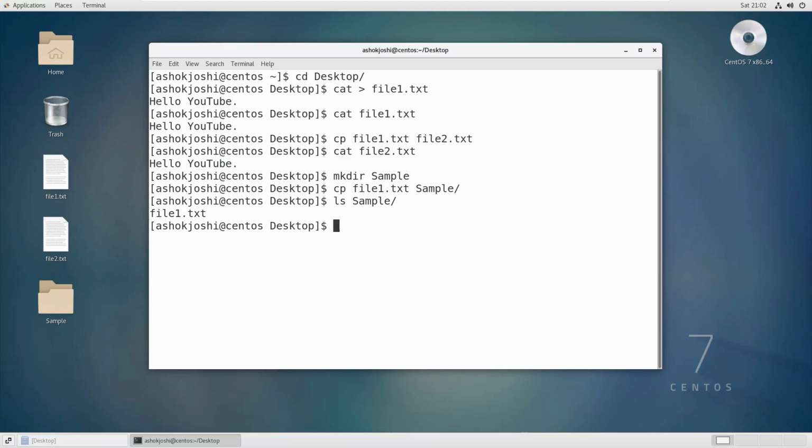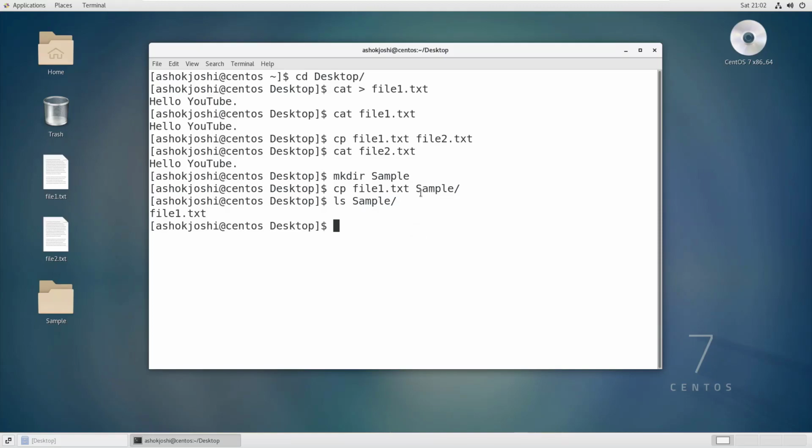Now let me show you the -i option, which stands for interactive copying. Let me show you how you can copy interactively. Basically, in the previous example we copied this file1.txt inside this sample directory, but it did not ask us whether we wanted to copy or not.